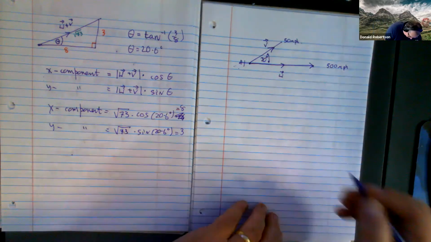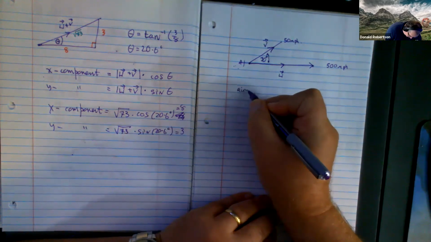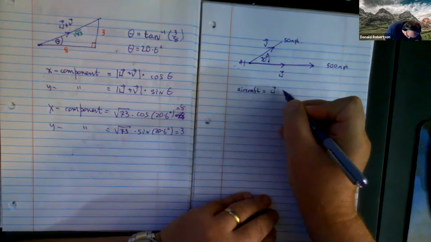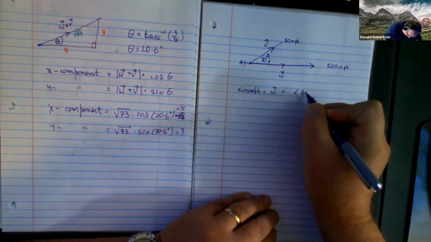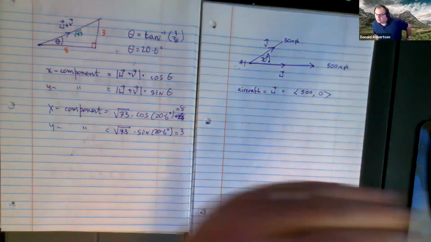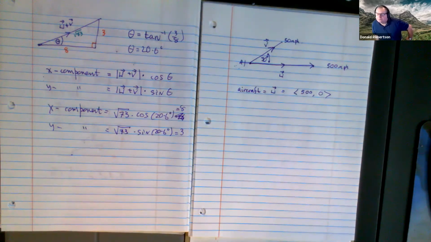So let's do the aircraft first. The aircraft I'm calling u, and would you agree that it's 500, 0? Isn't that a horizontal 500? The speed is essentially the length that we're going to use to represent that vector. Now, if we do the wind,